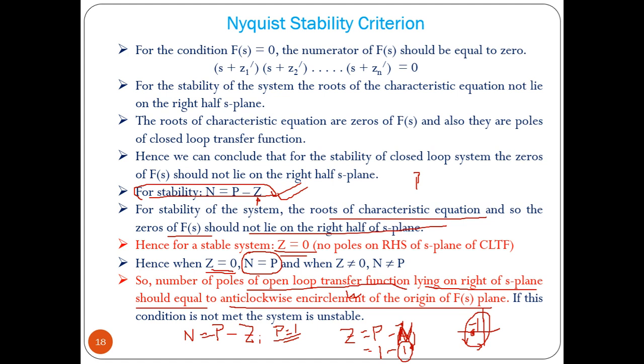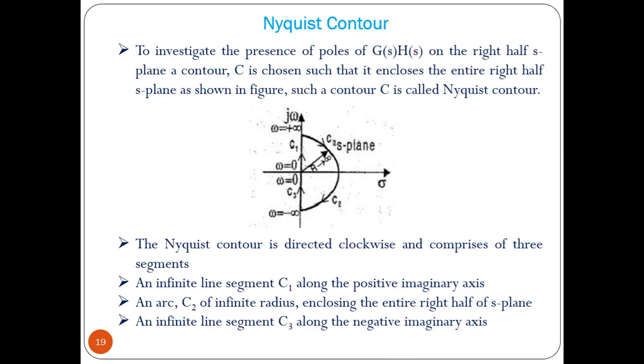Anti-clockwise encirclement of the origin of the S-plane or the minus 1 point, both are the same, you have to consider, because we are taking the open loop transfer function. From the open loop transfer function, we are not considering the 1 plus G(s)H(s) term, only G(s)H(s). So it should be encirclement of the minus 1 point, and it should be anti-clockwise. Then Z becomes 0. If P equal to 2, the encirclement should be twice. Then Z equal to 0. Otherwise it is unstable. Okay.